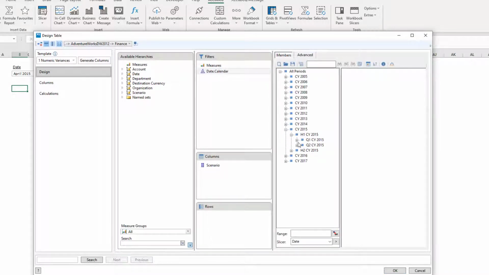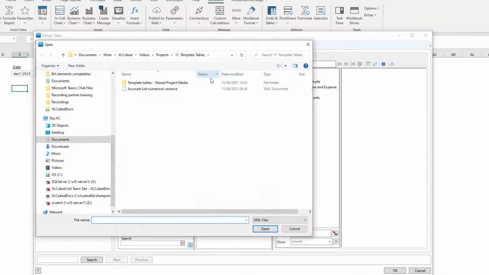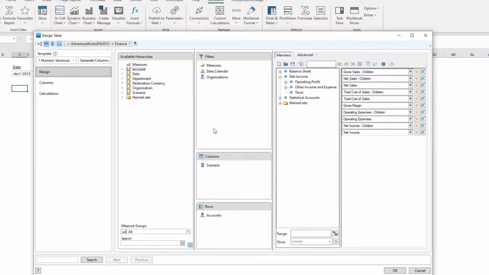To link the organization slicer from the worksheet to the table, we must add the organization hierarchy to the filter and then add the slicer to the selection. For measures, we will choose to display the amount. We will then place the account hierarchy on rows, and for speed, we will use a pre-saved list of accounts. The table is now set up to display the amount by account for the selected month for the organization selected